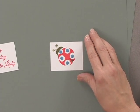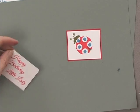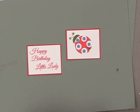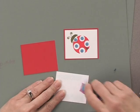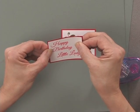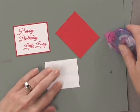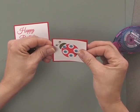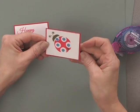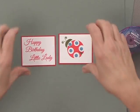Okay, now my next step is going to be to add a piece of background paper to both my focal image and to the little greeting here. So I have a piece of red hot cut out that fits perfectly. And I'm going to use my mono adhesive to adhere those two together. There we go, there's one. And the little bug. Okay, there is, oh, let me move that over a little bit. There we go. Okay, so there's my focal image and my greeting, and I'm going to just put those aside